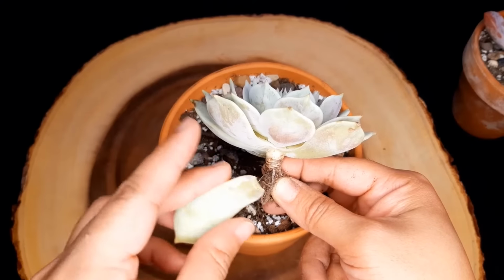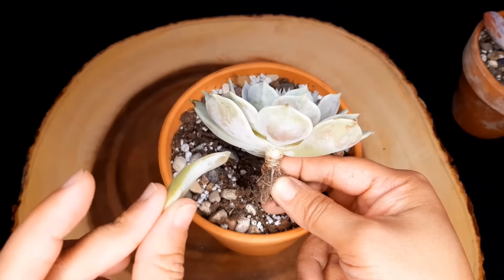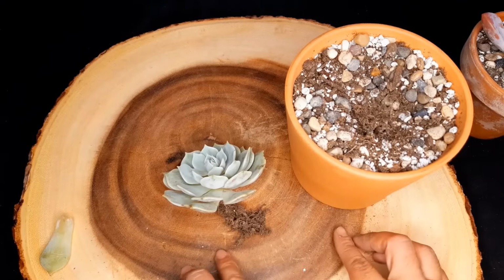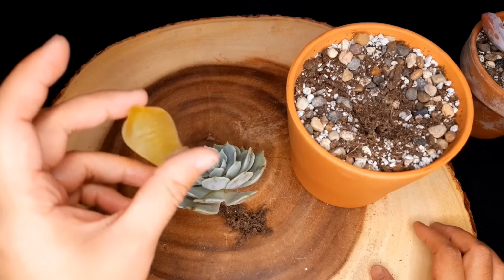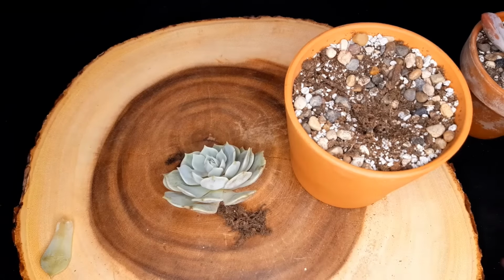You can try to propagate this, but when the leaf is translucent like this at the end, it will most likely not do anything for you. You just leave it out to dry like that for a few days until these leaves stop showing up, because it might still keep doing that, and the leaves start to dry off like this or like this. That means that it's starting to need water. Or you can cut off the stem